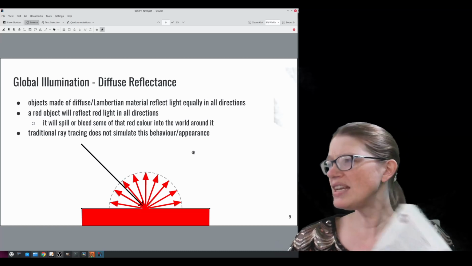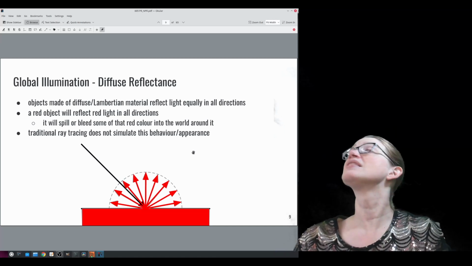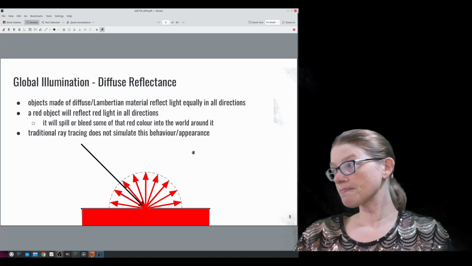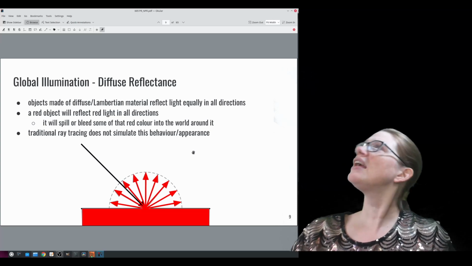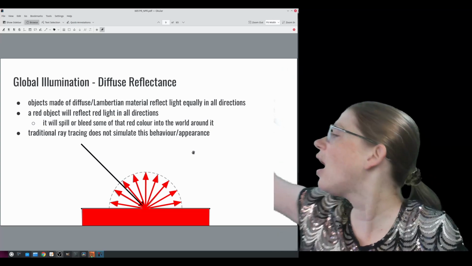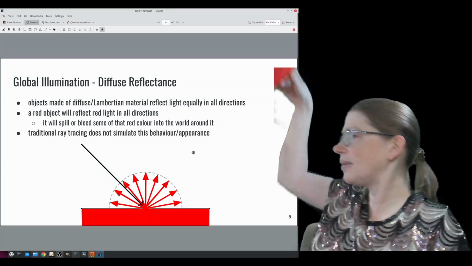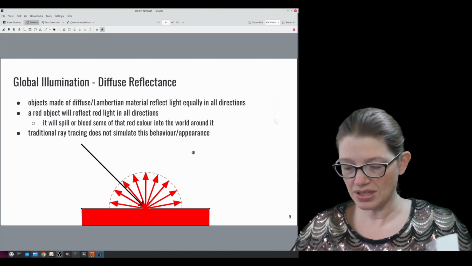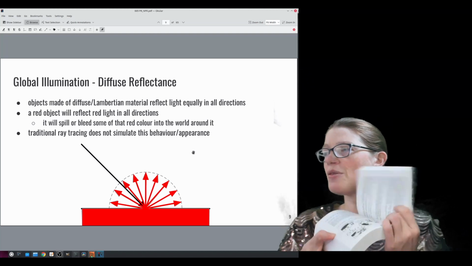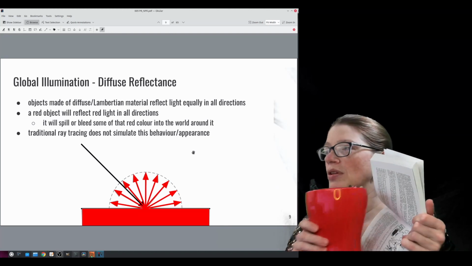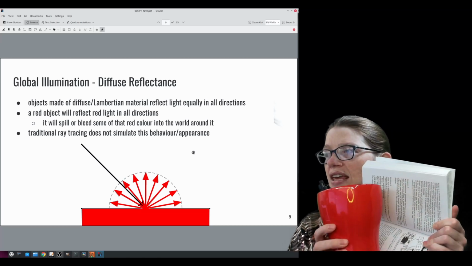And you might be like, well, why does this matter? What is diffuse reflectance? Well, what's really interesting about diffuse reflectance is that you get this color bleed. And I actually have a red object hiding on my desk. I can grab it. Probably should have grabbed this beforehand so I wouldn't knock everything off my desk. So we have the book, and we open the book, and we put the red object in front of the book. And what you can kind of see here,